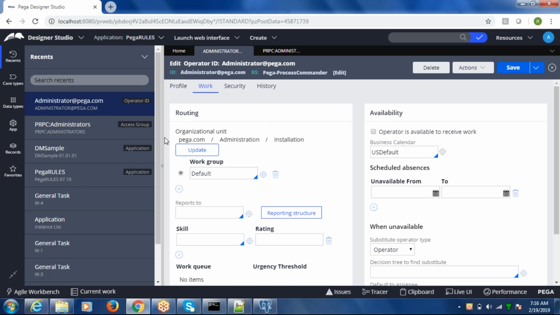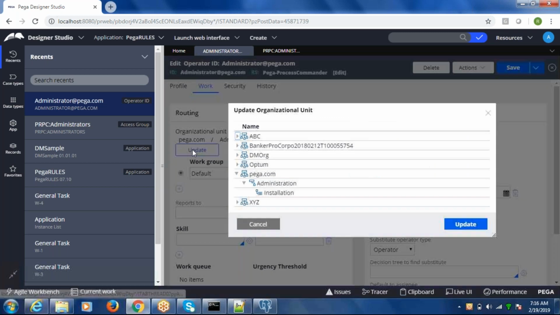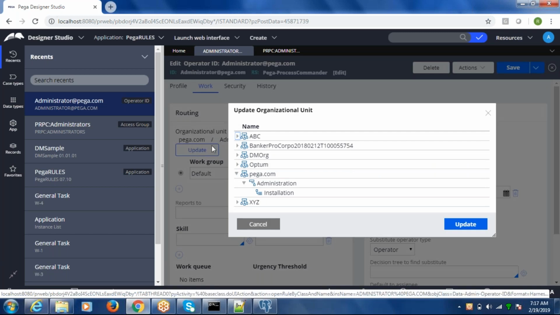And this plays a very important role when you expand your business to a new country. Tomorrow, when you want to launch your business operations in Australia or New Zealand, the same application remains the same. You will start your operations in a different division. So here, the operators who log in may update their division accordingly. On click of update, once they specify their organizational unit, they will have access only to work on the cases which are specific to that division.